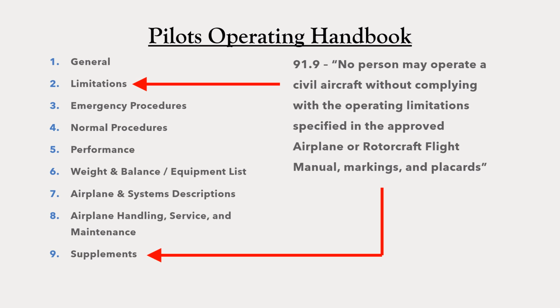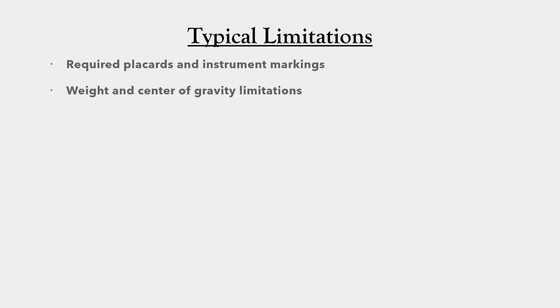Those generally relate to limitations that are related to optional equipment in the airplane. There are several types of limitations that are very common to find in Section 2. These include the required placards and instrument markings, the weight limit and center of gravity limitations,